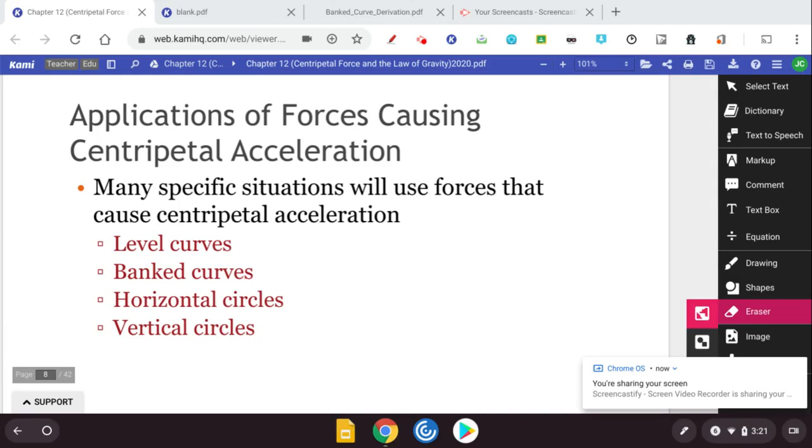So centripetal motion gets a little more in depth with the topics you can see here on the screen. Level curves, banked curves, horizontal circles, and vertical circles add some complexity and application to what we've already talked about with centripetal force. Normally, we would study these more in depth than we are going to this year, but they